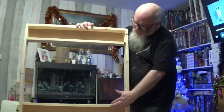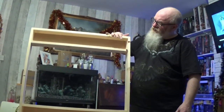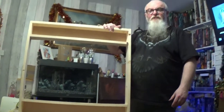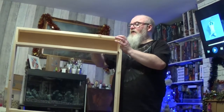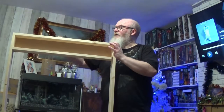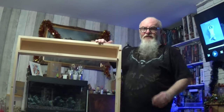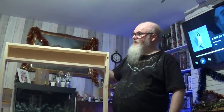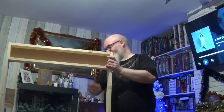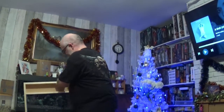Right, so as you can see, the shelf support and the easel support is done. I've sanded it down, gone around the edges, making sure that there's no sharp edges that could irritate her. And I'm now going to start painting. So I'm just going to do